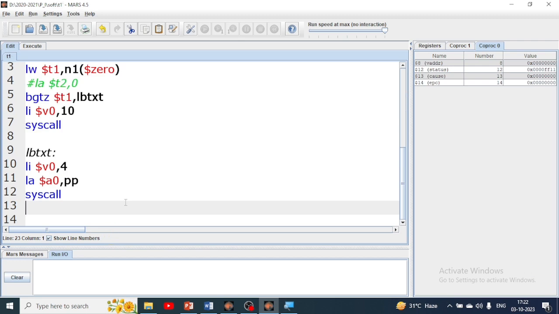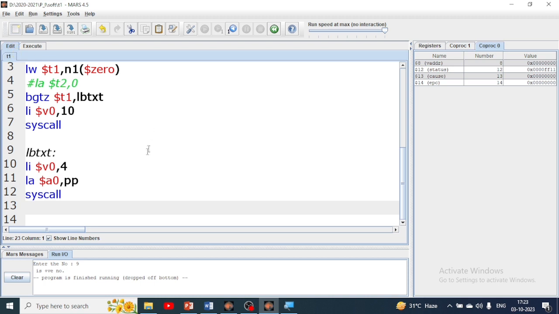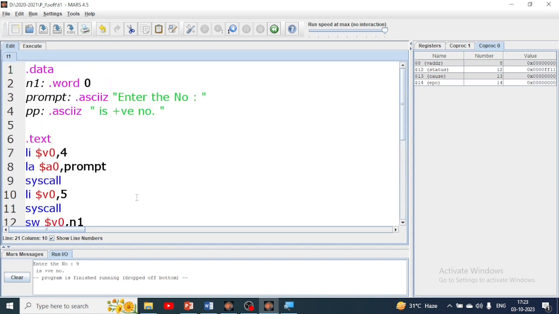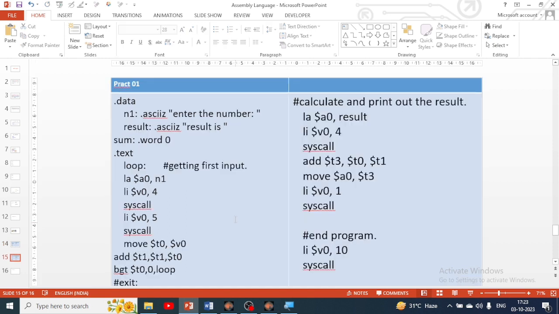Okay, F3, F5, enter the number. Suppose I'm entering 9. So 9 is a positive number. Okay, so it is simply showing you the positive number since we have not written for negative. अगर आपने negative दिया तो वो simply program terminate करेगा. Okay, it will not print anything. Okay, then after that